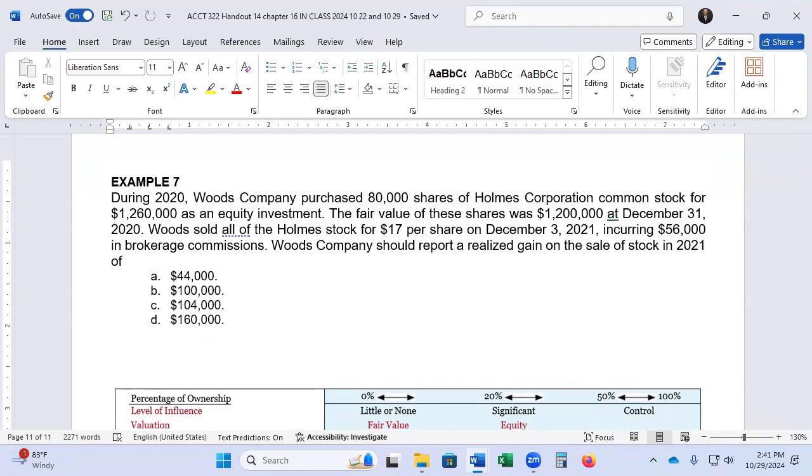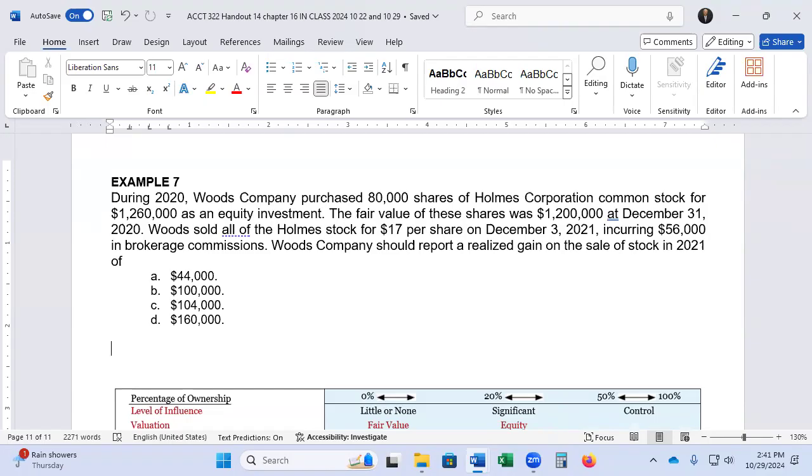The fair value of these shares was $1,200,000 at December 31st, 2020. Woods sold all of Holmes stock for $17 per share on December 31st, 2021, incurring $56,000 in brokerage commissions. Woods Company should report a realized gain on the sale of stock for 2021 of,